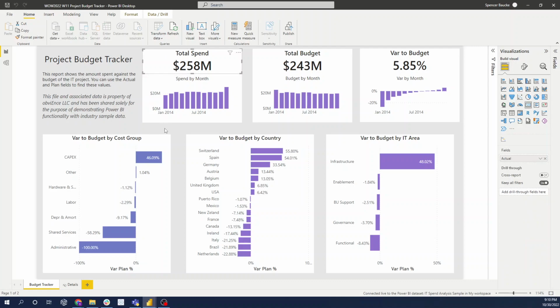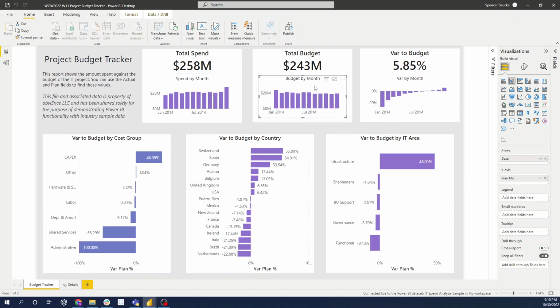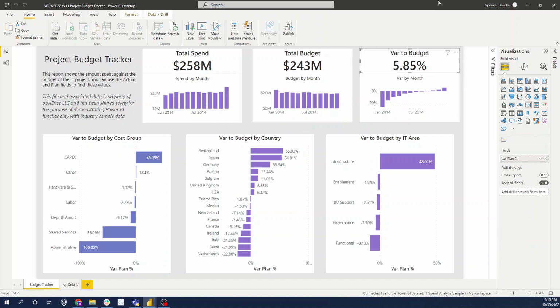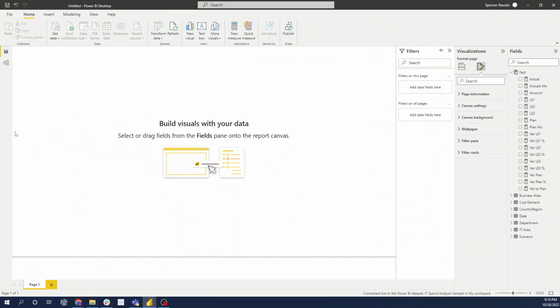Okay. There's really nothing tricky here in terms of the design. Yep, just date and our actuals, date and our plan, and then our variance to plan percentage, and that is actually showing it over time. So that is actually going to show there. But anyway, I guess we can just build this out super quickly, and then we can be done with the